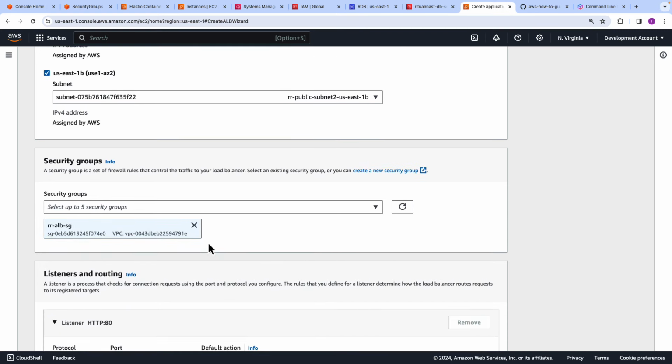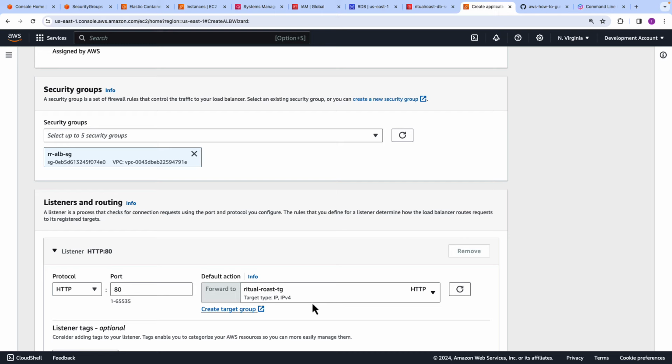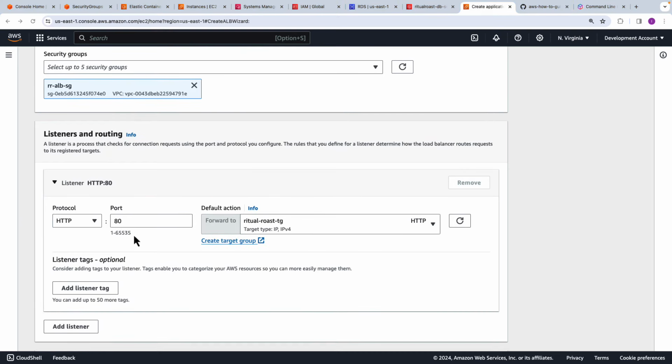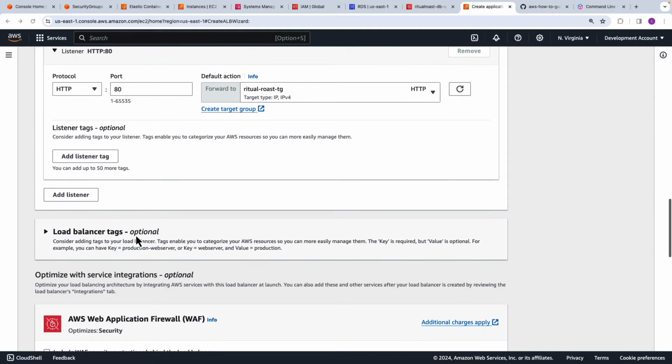That's for the application load balancer, configured to accept inbound traffic on port 80 from the internet. And so when it accepts the inbound traffic on port 80 on the internet, you want to send that traffic to the target group we created moments ago. So that's the Ritual Roast target group. So there it is. Okay, and then if you scroll further down, pretty much that's all the configuration you need